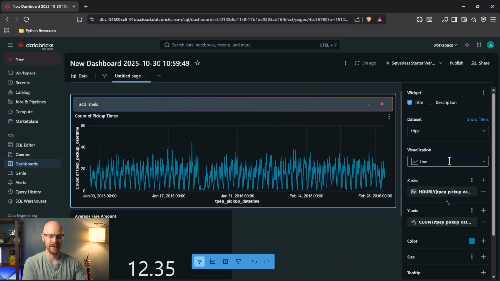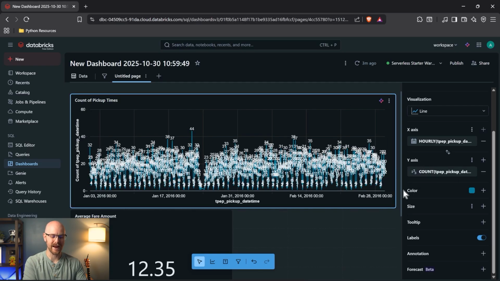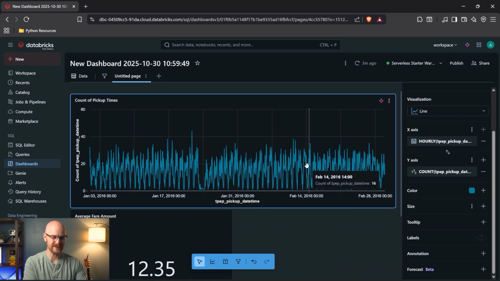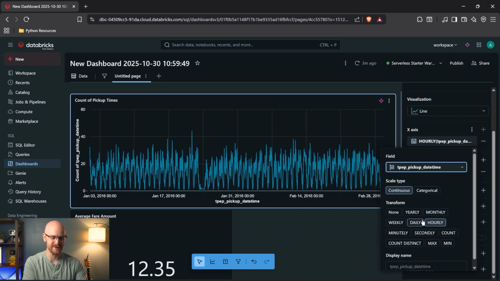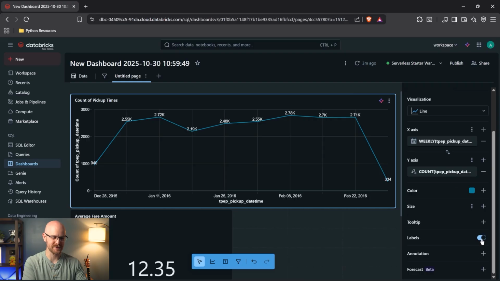I wouldn't on this data set. That's going to look terrible, but it's going to turn on the labels for you. And this looks horrible, but it did exactly what I requested. It's too granular to add labels. We would have to change this to probably weekly maybe, and add the labels for it to even make somewhat sense. There we go. So this looks a lot better,